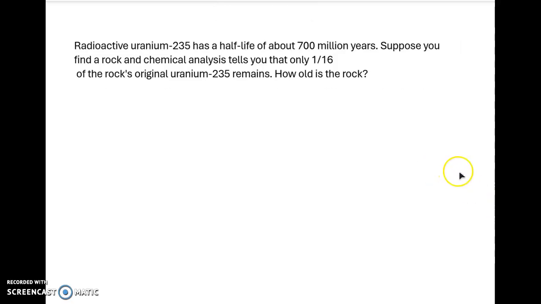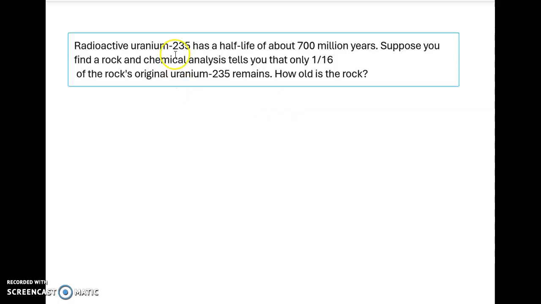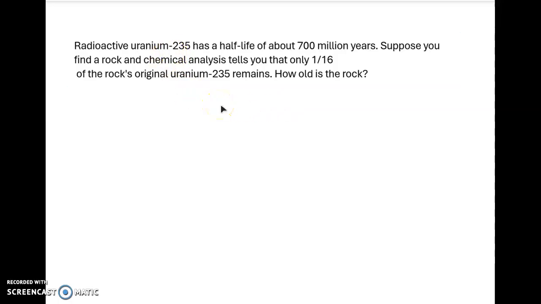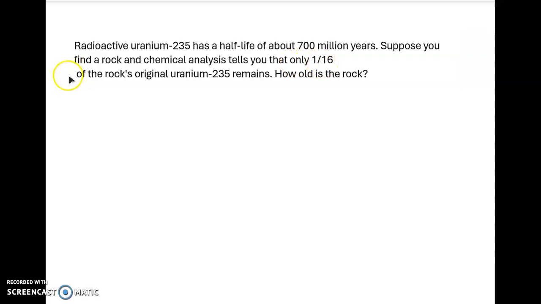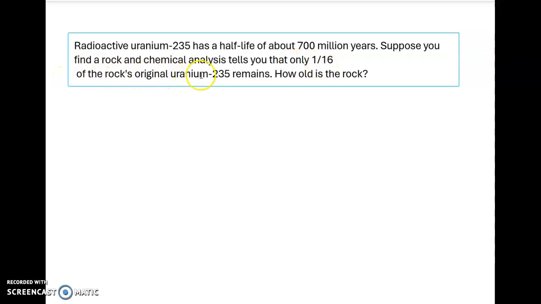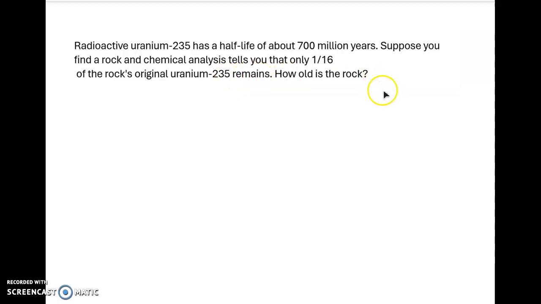So this problem comes from MyLab Math, and it says radioactive uranium-235 has a half-life of about 700 million years. Suppose you find a rock and chemical analysis tells you only 1/16 of the rock's original uranium-235 remains. How old is the rock? So